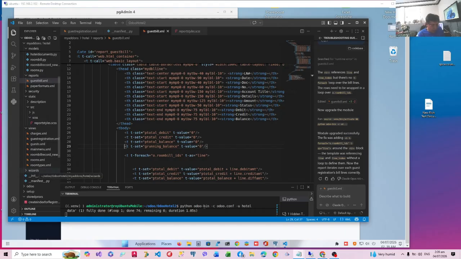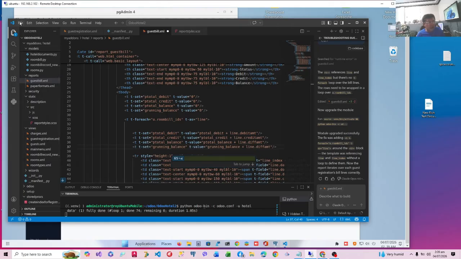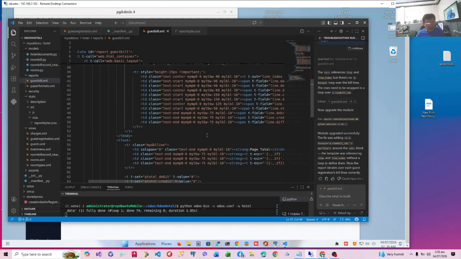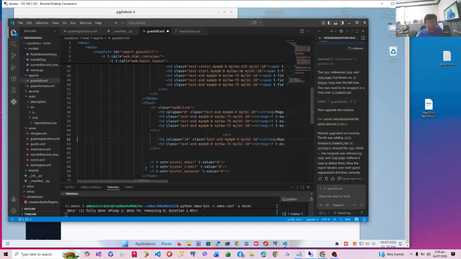This is the total of the difference between the debit and credit amount. So before the for each loop, it's initialized to 0. Inside the for each loop, this is incremented. So this is a running balance, and then we will print it at the footer. We'll put it on another row. Let me just copy it. So this is the first row of the footer. On the second row, it doesn't matter where we reinitialize, so this is the second.